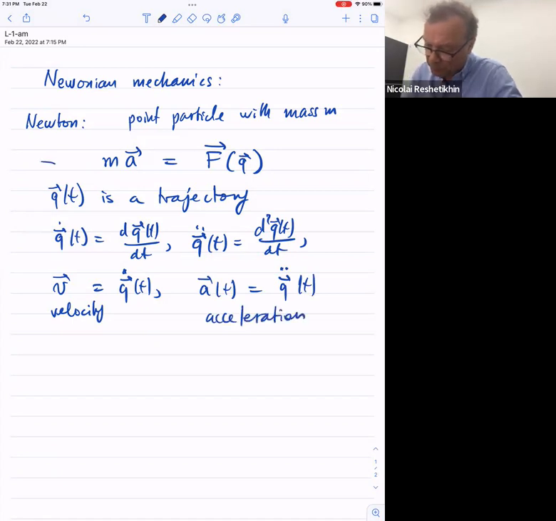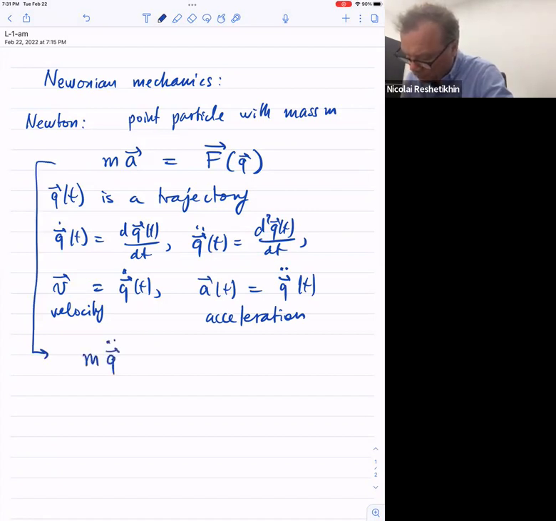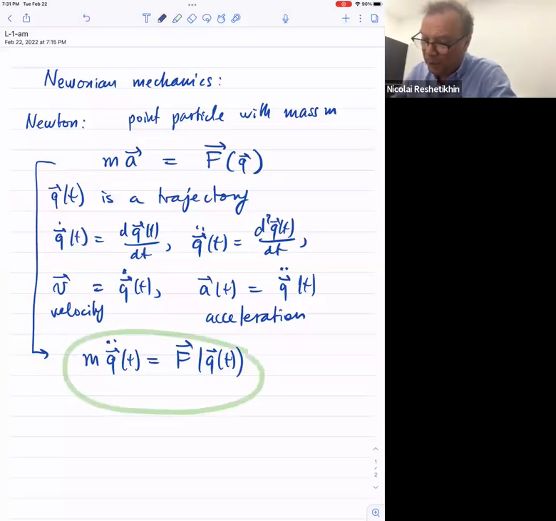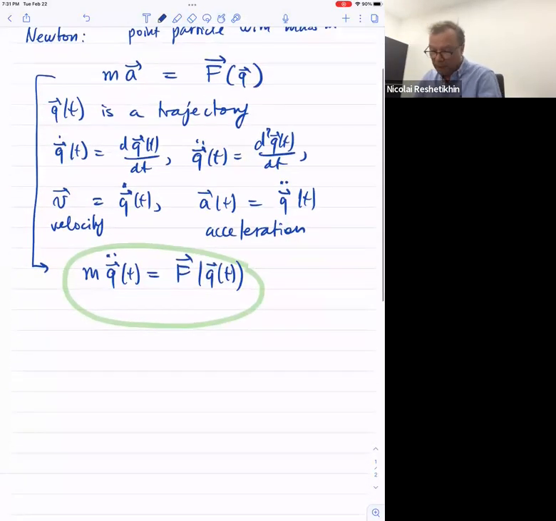So what it means is that Newton's law gives us a second order differential equation for the evolution, for the trajectory of a particle. And if we supplement this differential equation with the appropriate boundary conditions or initial conditions, then this fixes the trajectory. So initial conditions,